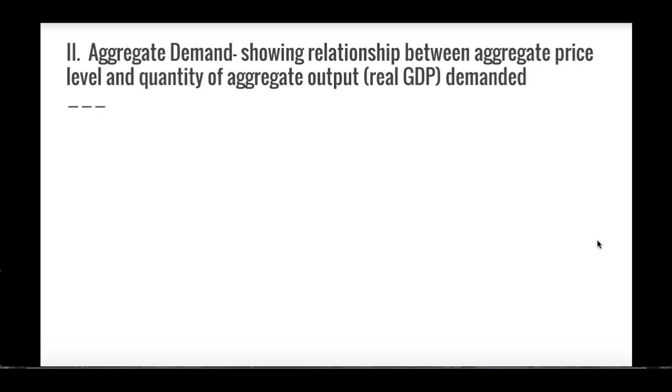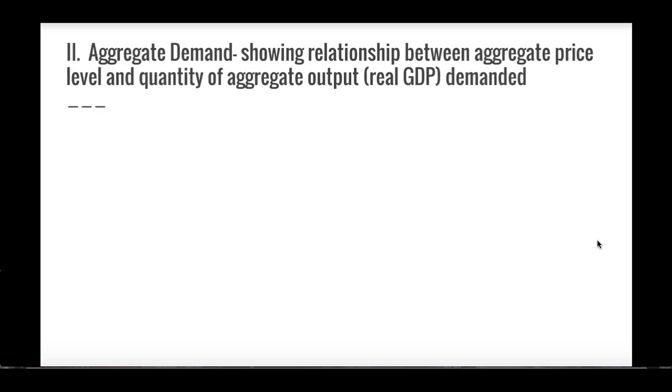Now, the difference between regular demand and aggregate demand is that with regular demand, we're talking about one particular product. When we talked about regular demand, we looked at one specific product at a time. Aggregate demand, we're talking about all products. And if we're talking about all products, that would be representative of GDP. So GDP is representing all products, as we're looking at all products as a whole, and aggregate price level is actually